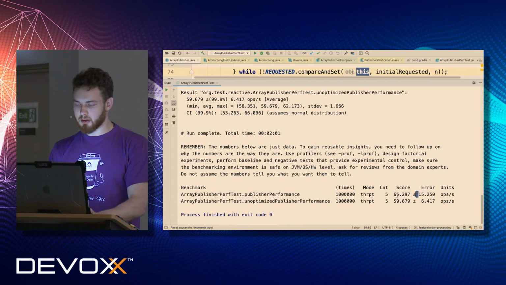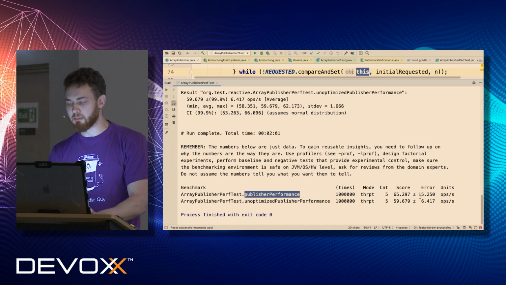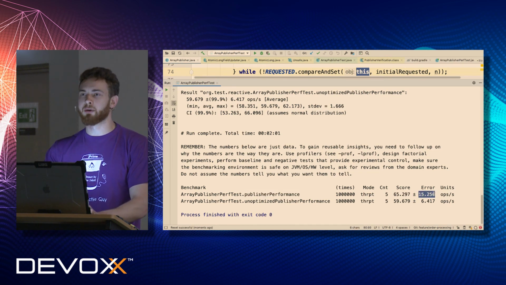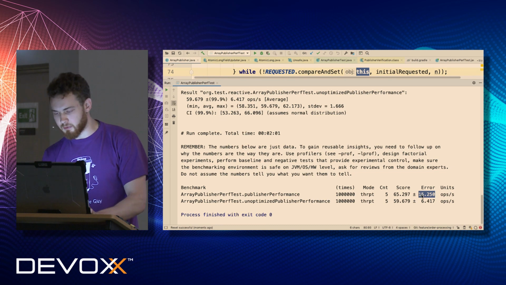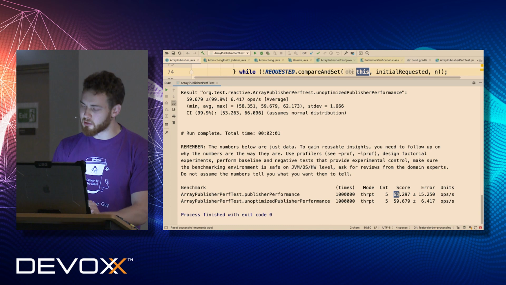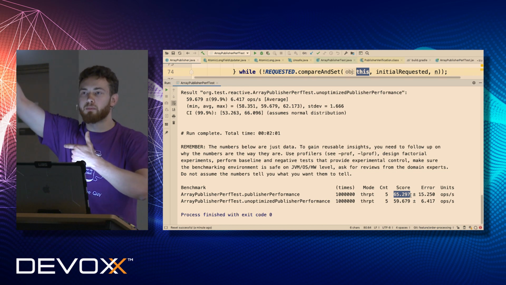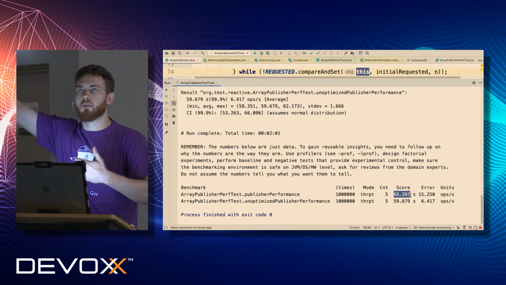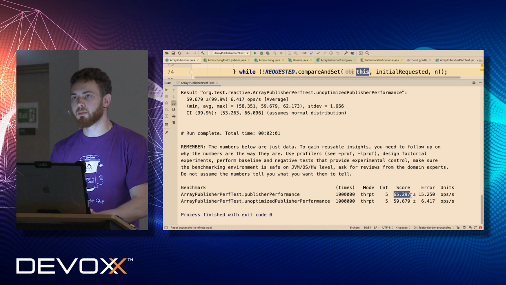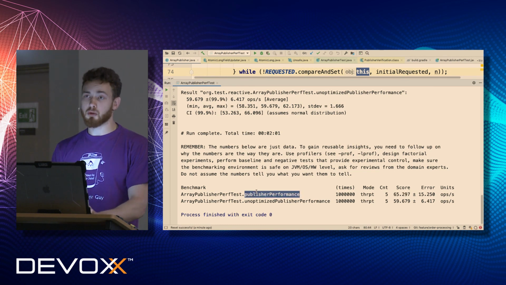As you can see, we got better performance for our optimized publisher. There is a huge error, about 15 in the performance difference, which means it could be 70, 75 or more. In any case, we can see better performance. If you run more proper tests, we will see a higher number, but our optimization made sense for our implementation, right?